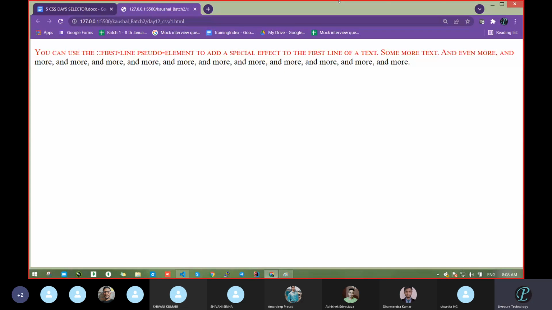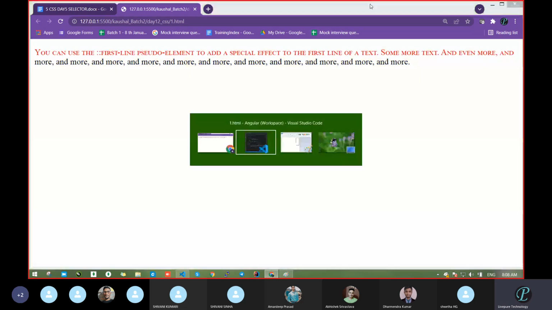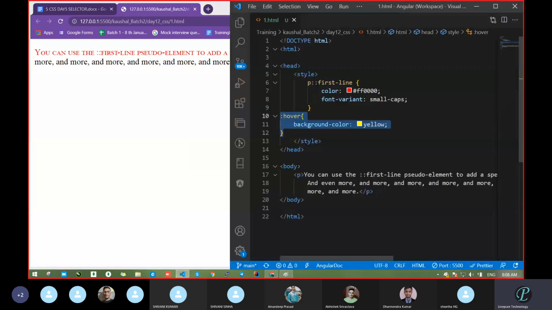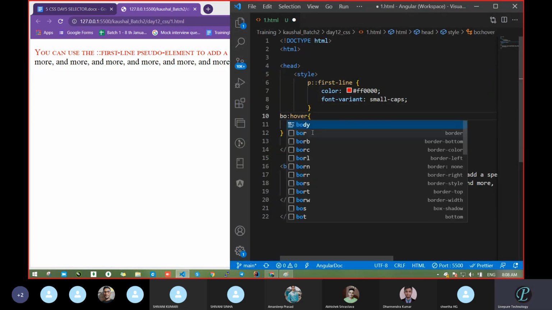See, when I moved my cursor it is on the top. When I put the cursor on the body section, it will take effect. Got it? Because I had passed the hover outside. Outside means for the complete body. You can refer to that body also. If you want, you can refer like this way.